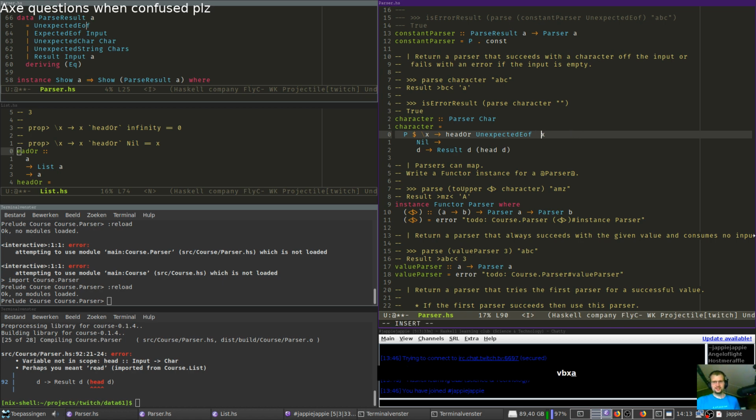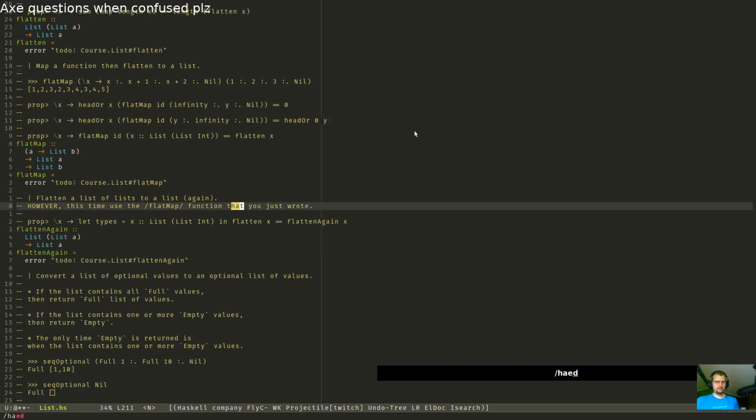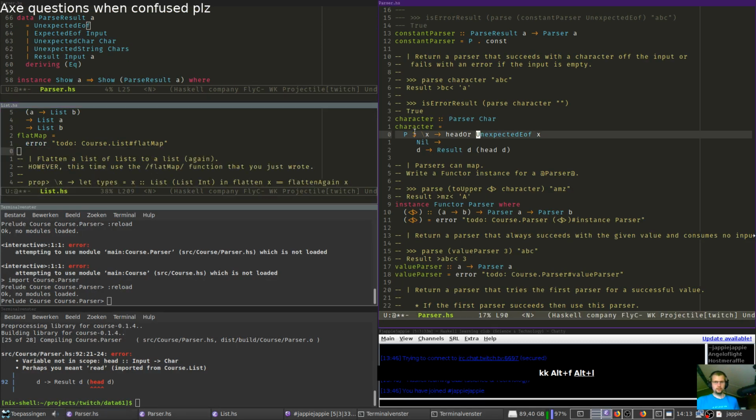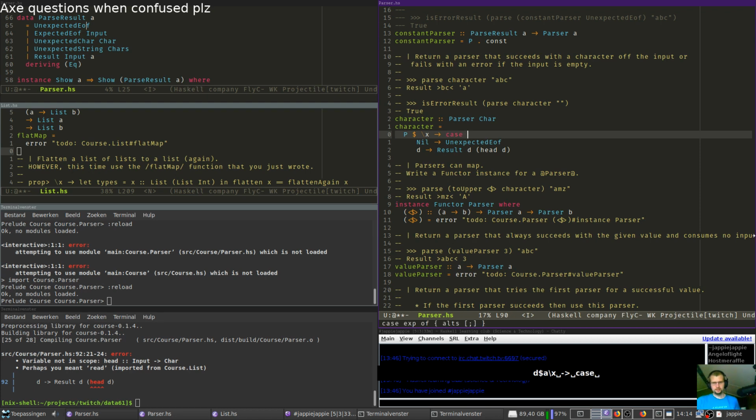No, it's not like this. Okay. Let's not use headOr. I want to have head. Well, let's just go back to pattern matching then. Can't use lambda case either then. So let's make it explicit. Yeah, like this.